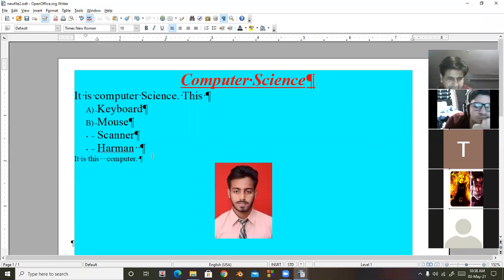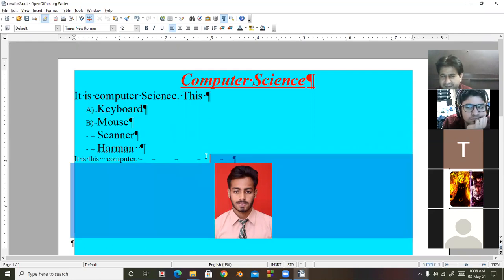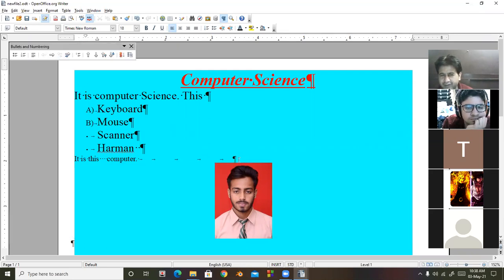Suppose I am using the tab key here. Look here. So it displayed the tab key, enter key. These type of non-printing characters are displayed here. It is again a toggle button. One time it displays.